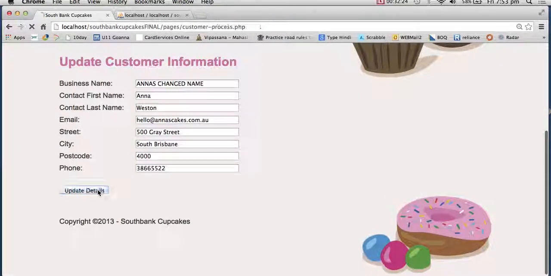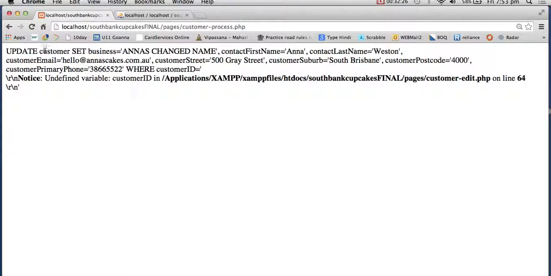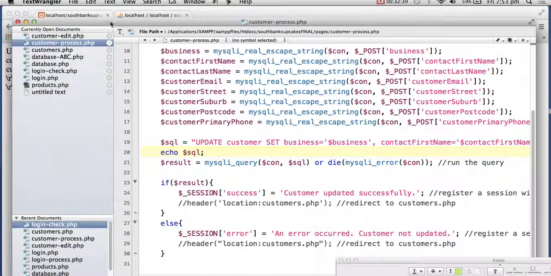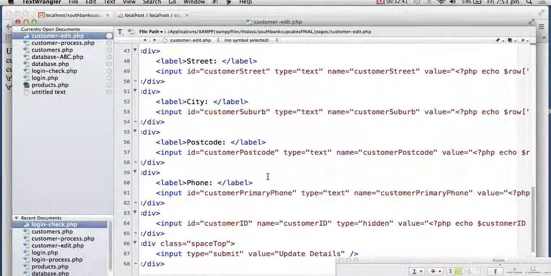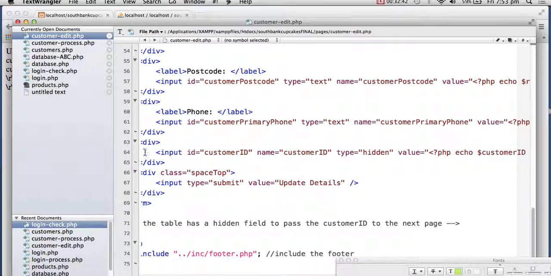So let's see, update customer set business is equal to this, contact first name is equal to this, undefined variable customer ID in line 64 of customer edit. So the problem is in customer edit, where on line 64 I am saying the customer ID